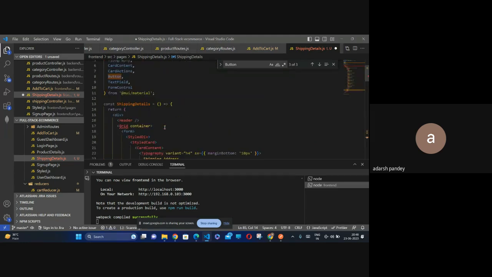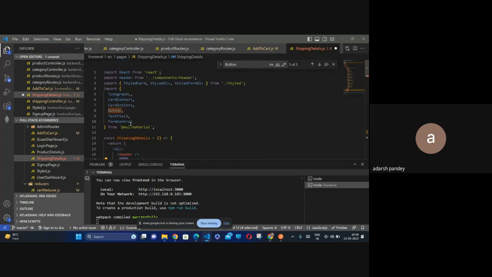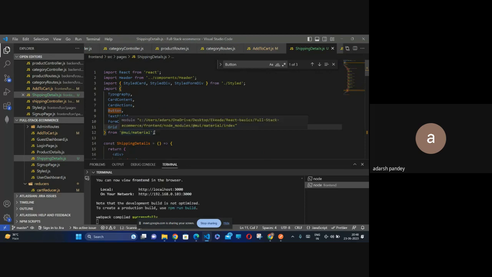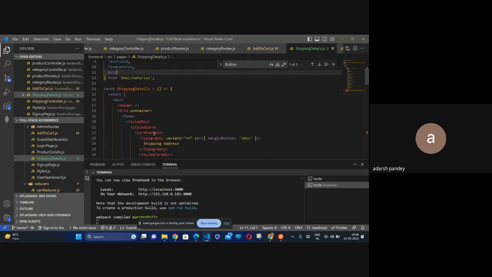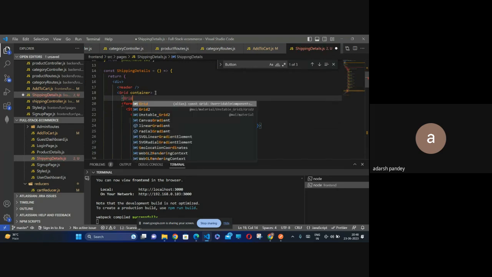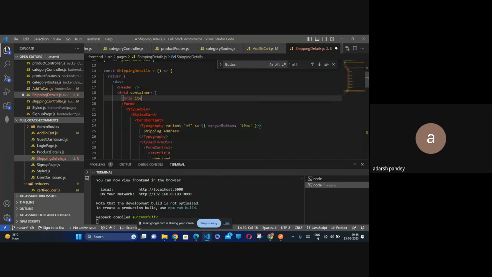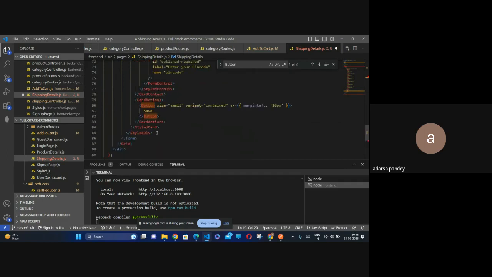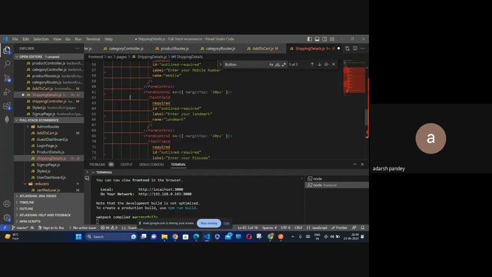Yes. And here we have to import this grid. Okay. And now you can do one thing, grid item, और इस आइटम को हम इस फॉर्म के बाद तक रखोगे, ठीक है।